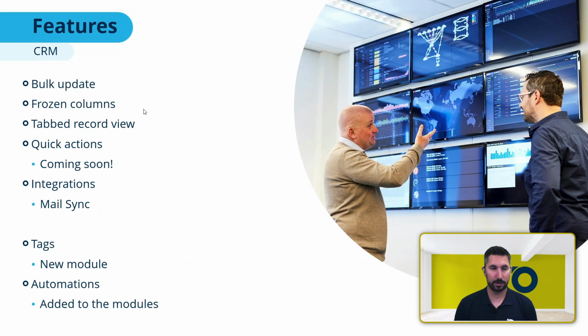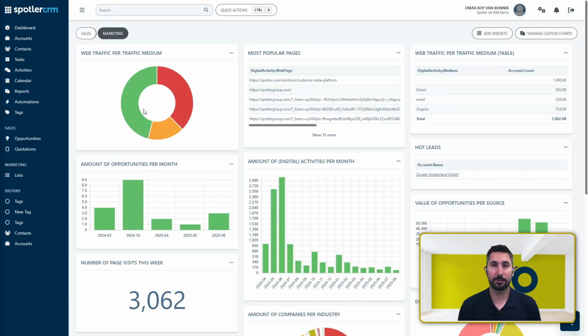So let me switch over to my CRM demo environment. This should all be very familiar for you guys. This is the start, the dashboard, where you find all your statistics about your CRM. And let's look at the first one, and that's bulk update. So if I go to accounts or contacts, it doesn't really matter which one. Let's use